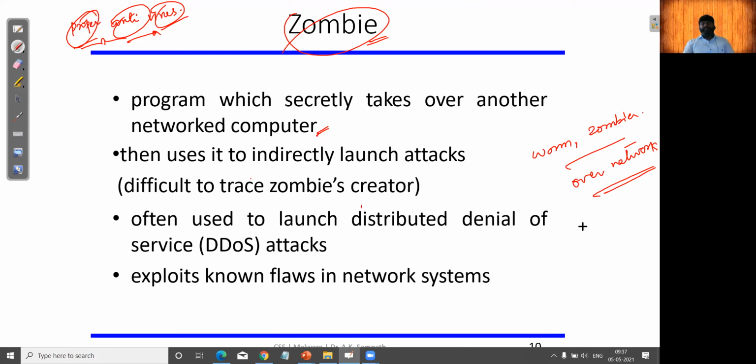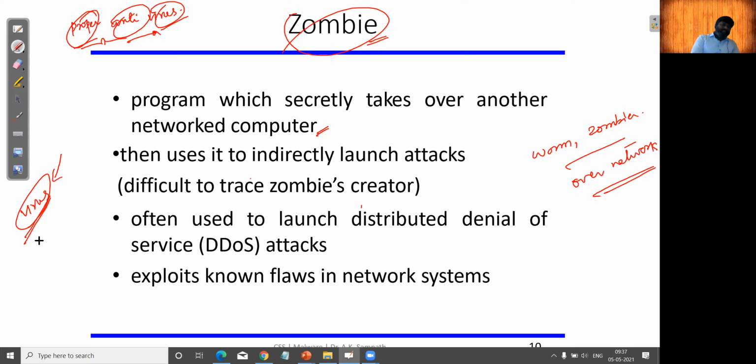But a virus and the other things we discussed, maybe the Trojan virus, will not self-propagate over the network, where we need some third resource.